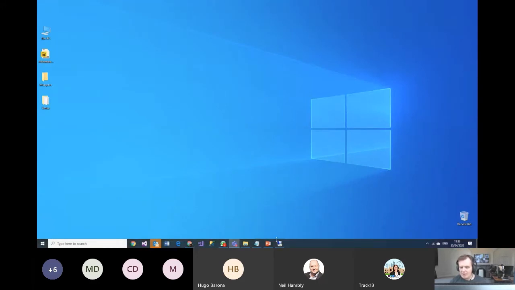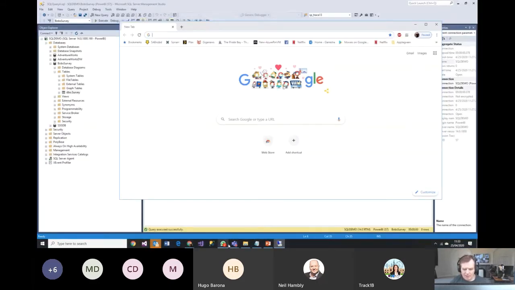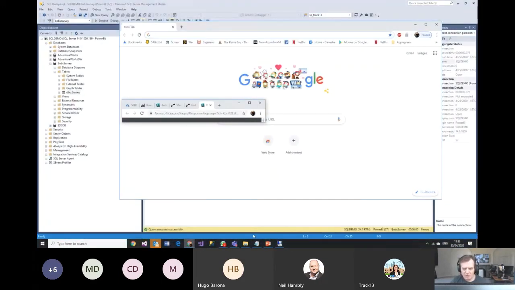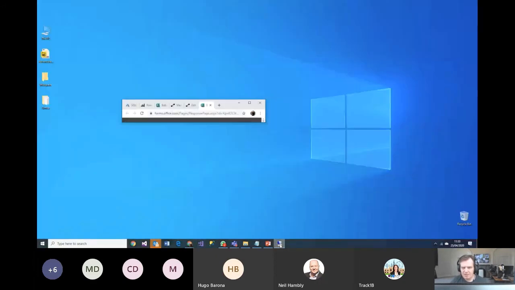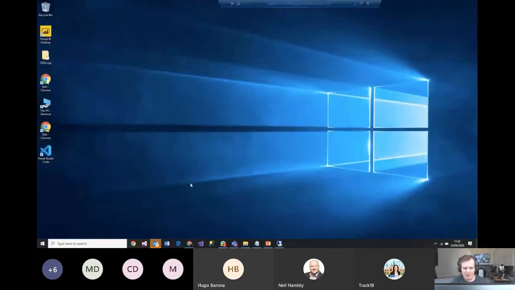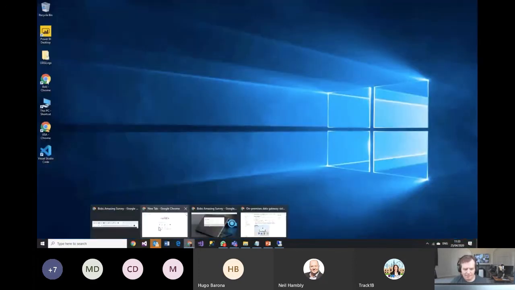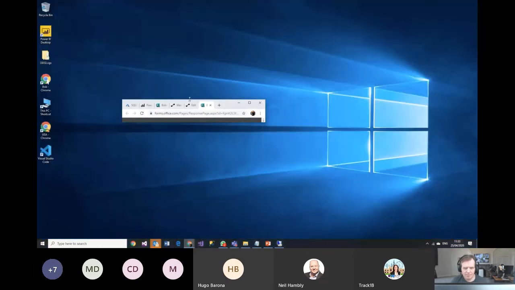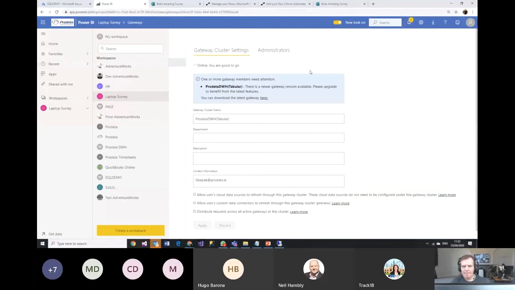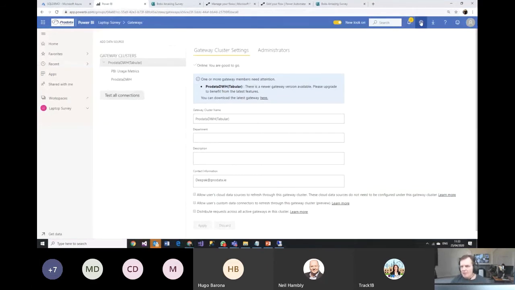Now the cloud-based side of it is a little bit more difficult, right? So the easiest thing is for me to flick to show you the settings page. I'm just going to go to the settings page for the gateway in the cloud. There you go. If I go to the Power BI gateway settings here, you'll see